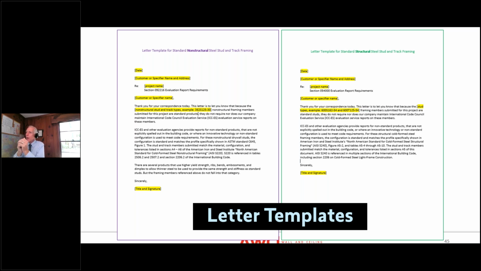Then it goes on to talk a little bit about what evaluation reports are, what these evaluation services do, and where in the building code, basically what I just went through for both non-structural and structural members, you can find this information. And then I added a little bit of a paragraph at the end of the letter on